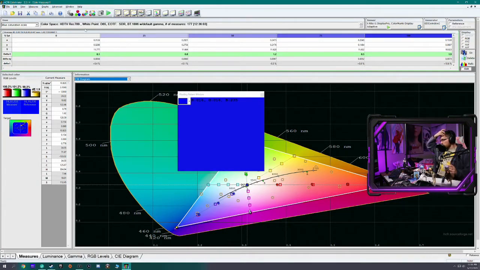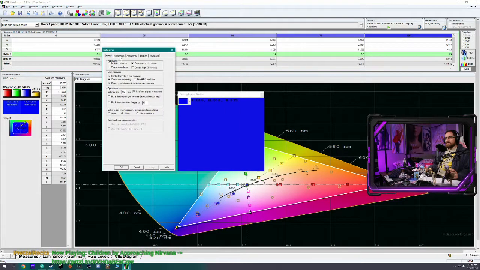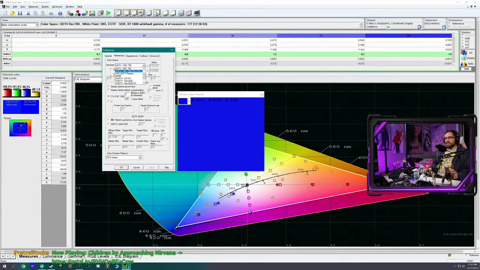Okay, this should be the last part of it. I honestly don't know. I've always used 75% under advanced preferences references. I've used HDTV, Rec 709, 75% color space. It's always worked. It's not for me this time. I don't know. Maybe I'm just doing something wrong, or maybe there's something changed. But anyways, I changed it to just Rec 709, just the normal one, which is what you'll probably want to